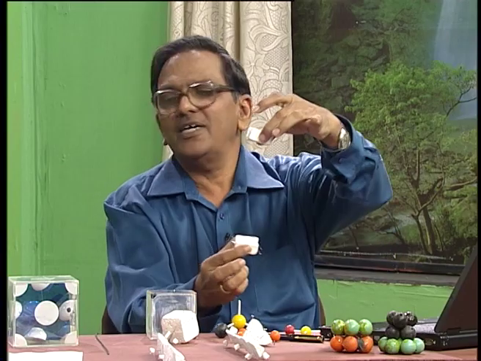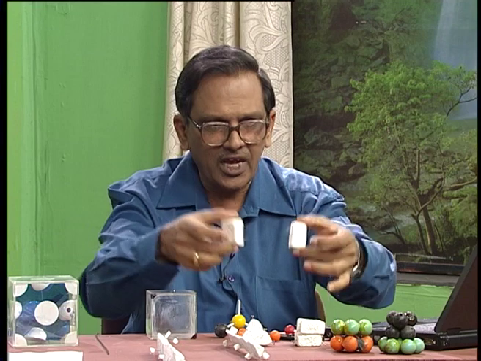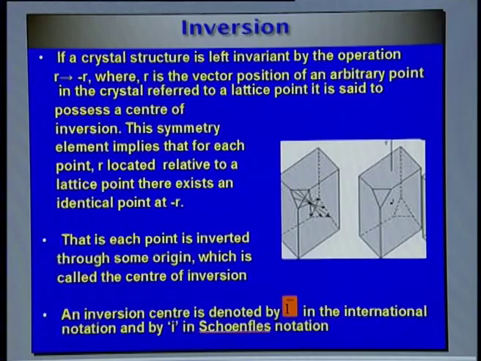So, in this you can have even a horizontal plane also: vertical plane, horizontal plane and then the diagonal plane. These are the 3 different types of planes of symmetry that you have in these crystals. In addition to these two, the third one is inversion. Inversion is nothing but rotation, which we have already seen, followed by inverting it at a particular point. Inverting means reflection at a point.